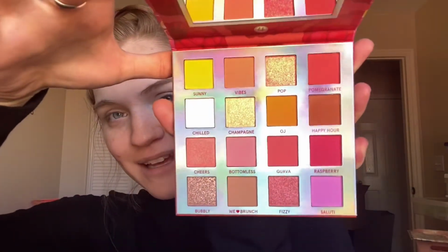I'm so excited. I don't think I'm going to play with any shimmering colors today. I think I'm gonna leave it all matte. And that's what we are going to do. I am going to be doing a cut crease, which I've never done before on this channel. I think I've done a cut crease once, and so I'm so nervous. That's what